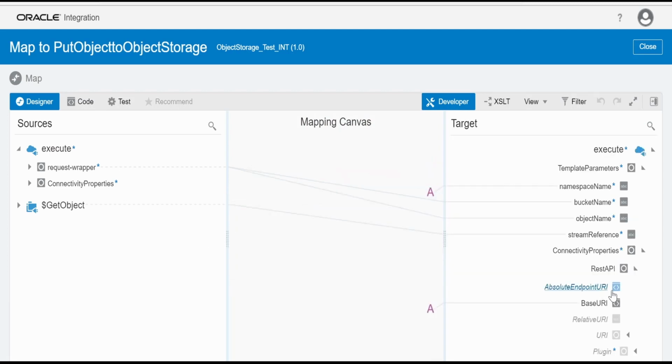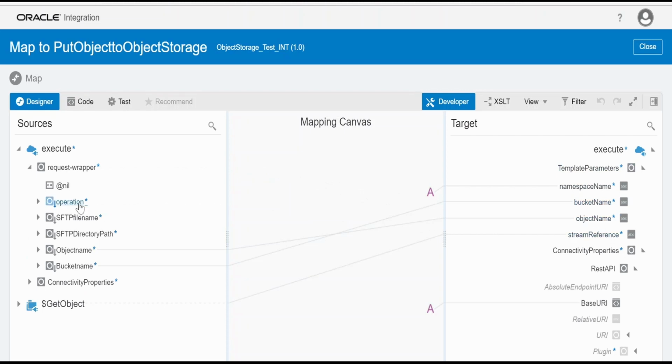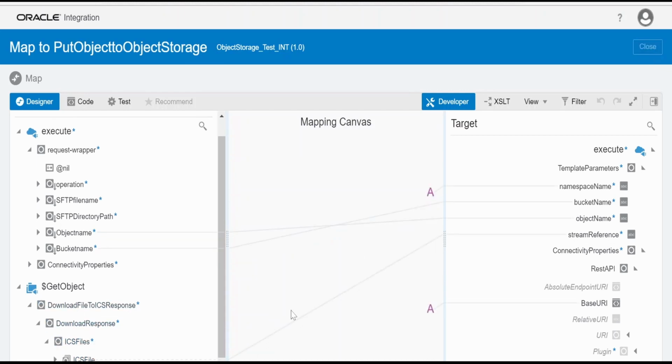So I am overwriting that base URI because we are communicating with object storage, and the relative URI I provided at the time of configuring the connection within this integration flow. The namespace is a unique thing, as we discussed in our previous video. If you don't know what the namespace is or how to get this value, you can check out the previous video on creating objects and buckets. Rest all the details like the bucket name and object name we get from the request, and this stream reference is nothing but the reference for the file we get while downloading the file to our integration cloud with the help of the SFTP connection.